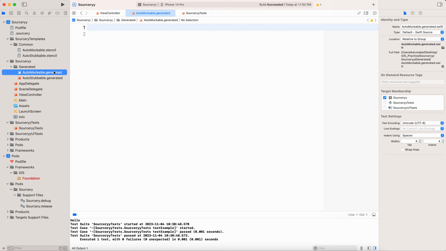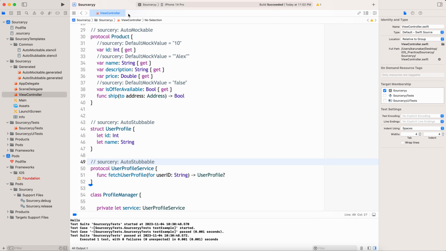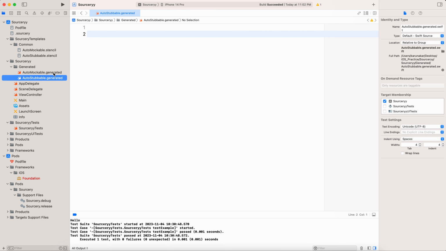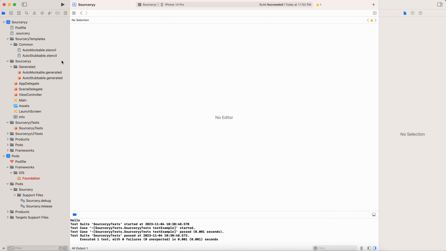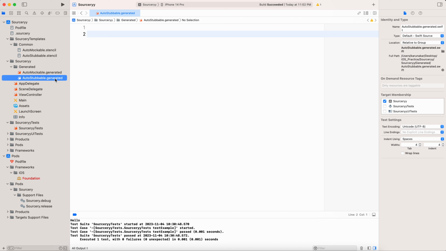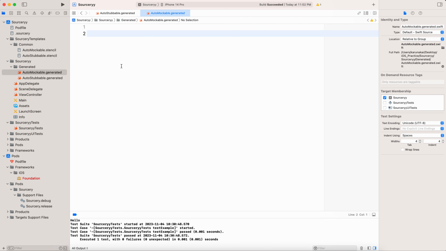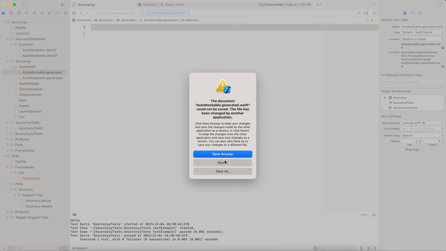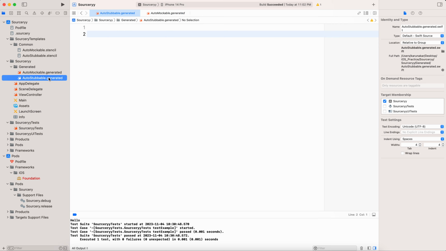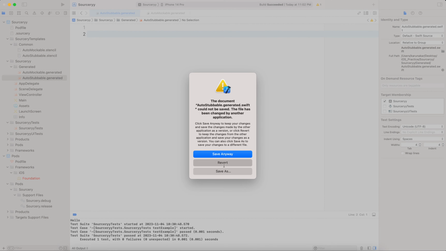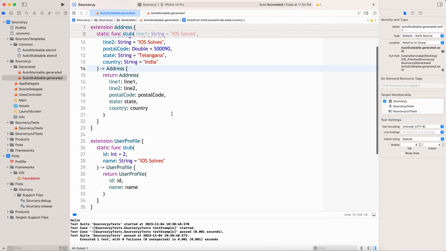Something I'm not doing correctly, that's the reason. But actually whenever you generate these auto generated files, it's having some product mock shape, it's having the references, no? So that's where